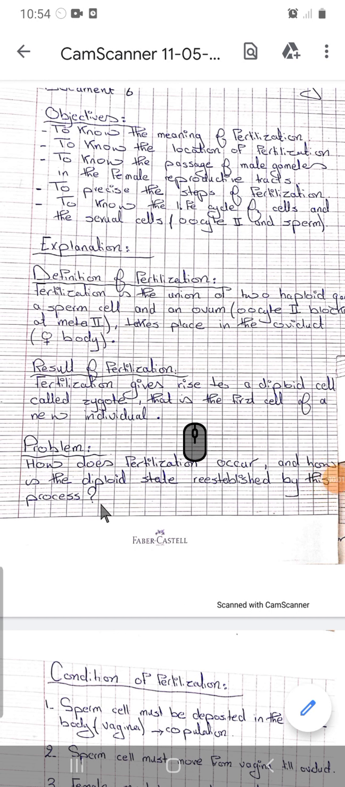To begin with the activity or document 6, it's about fertilization. We are going to know what we mean by fertilization, where it takes place, and when. We will know the passage of the male gamete in the female reproductive tract, to precise the steps of fertilization, and to know the life cycle of the cells and the sexual cycle, which are oocyte 2 and the sperm. So what do you mean by fertilization? Of course, this is for memorization: it's the union of two haploid